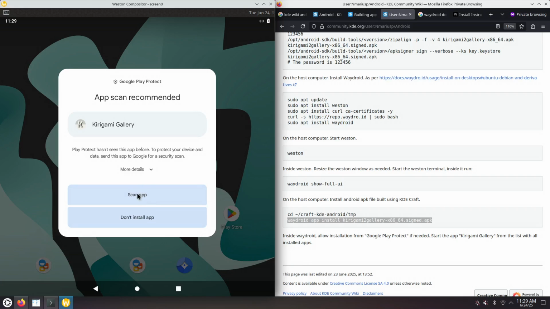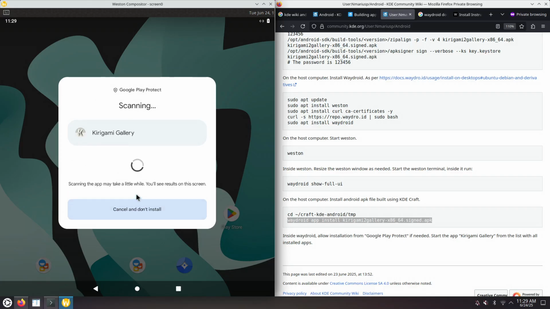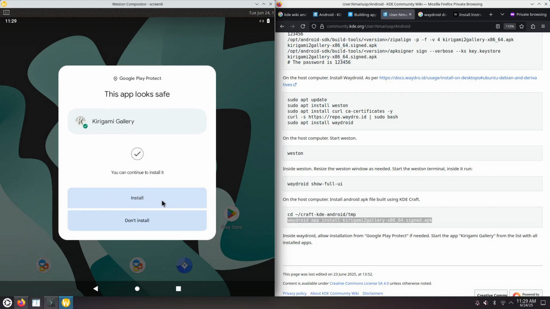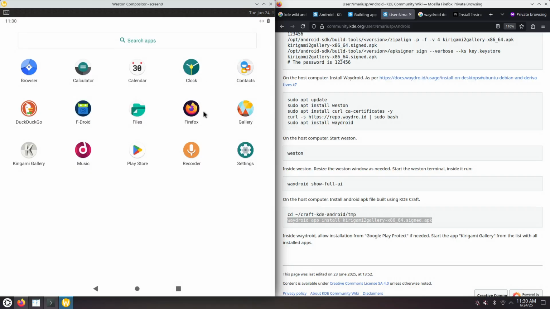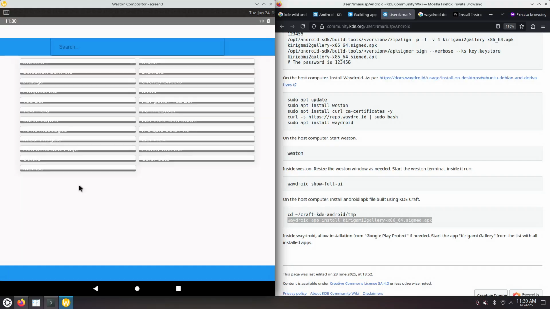I need to choose Scan App. And then I need to choose Install. And now the application should be installed. It's not available on the home screen, of course, but it's available in the list of all applications. Drag from the bottom, and the application is this one, Kirigami Gallery. Single click,